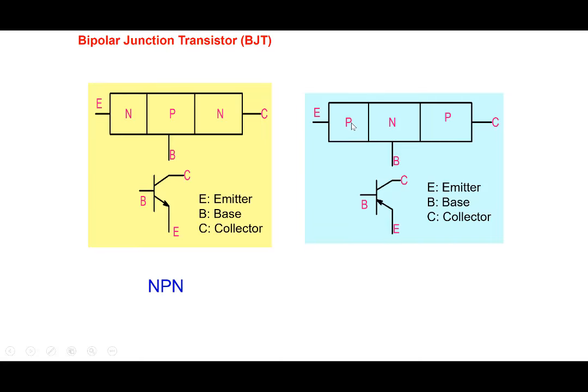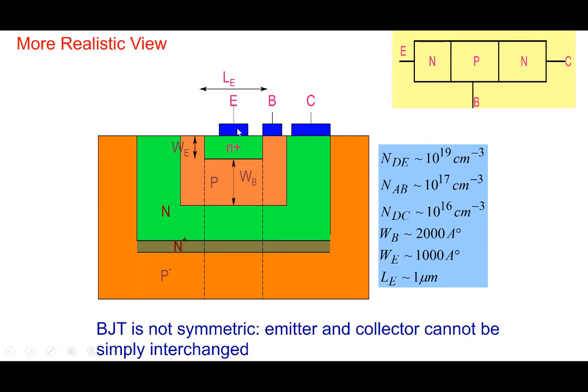So from emitter to base, the PN junction points in this direction here. So that's where the arrow is here. Okay. Now, let's focus on the NPN transistor. Although we draw an NPN transistor like this, it appears as if it's a bar with N and P and N. The actual structure of a transistor is more like this here, where, we have seen earlier that